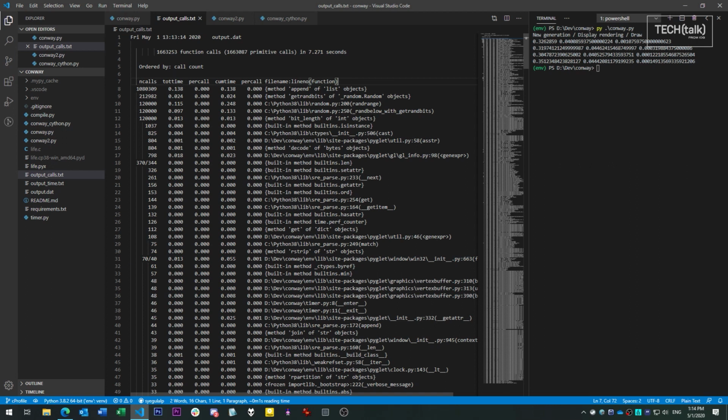The topmost item in the list, shown in curly braces, is a Python built-in method, appending to a list. That shouldn't surprise us, since appending to lists is something a lot of Python programs do quite often. Below that, though, are calls to the random number generator functions in Python's standard library. We generate a lot of random numbers in this program, so we make a lot of those calls.